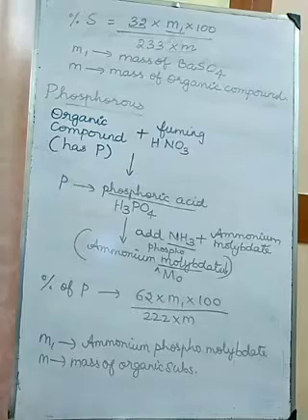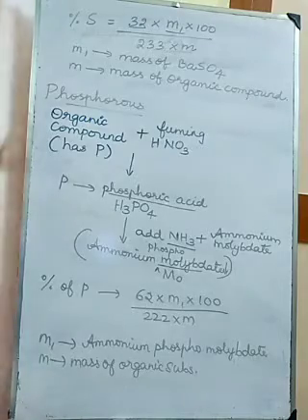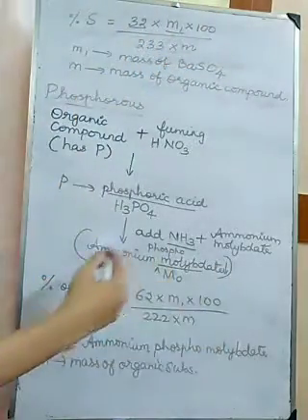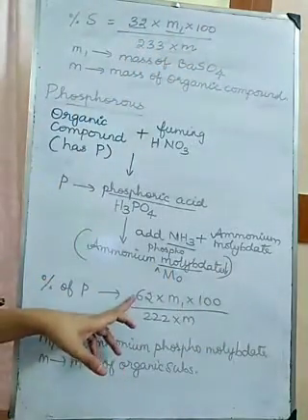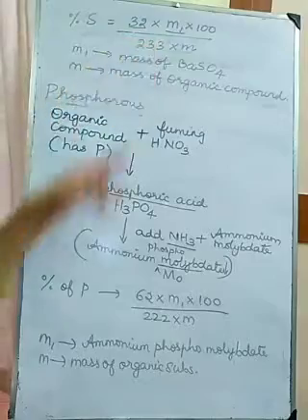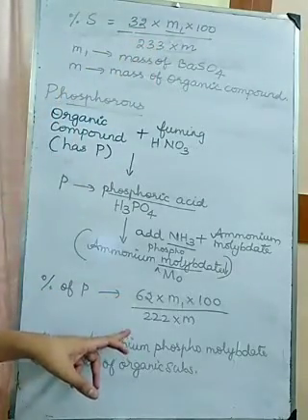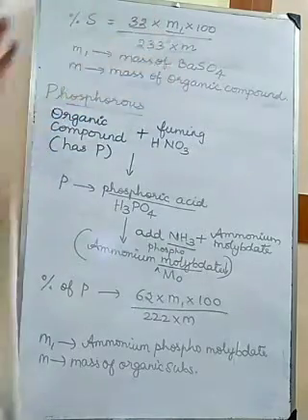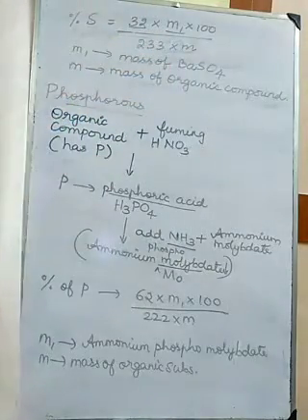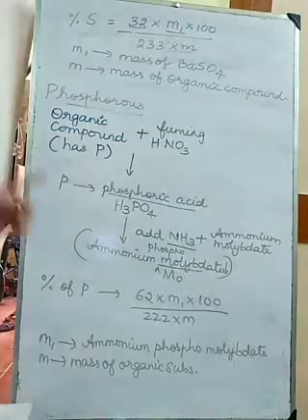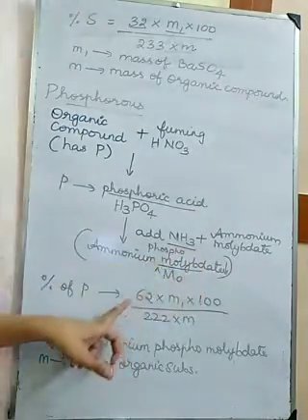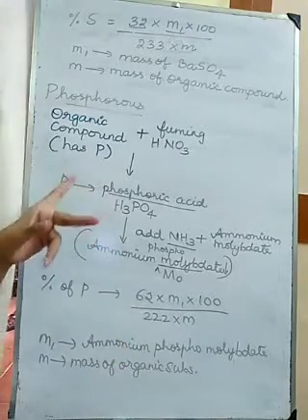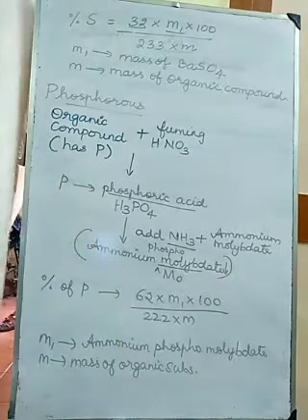See, listen carefully. For all the elements, you are getting one expression like this. Yes or no? You must learn the numbers correctly by heart. If they ask for sulfur, you should write all the numbers correctly here. And you have to remember what chemicals you have to add. For phosphorus, what chemicals you have to add and what the numbers are. So these numbers and chemicals you should not exchange when writing. Okay, understood?